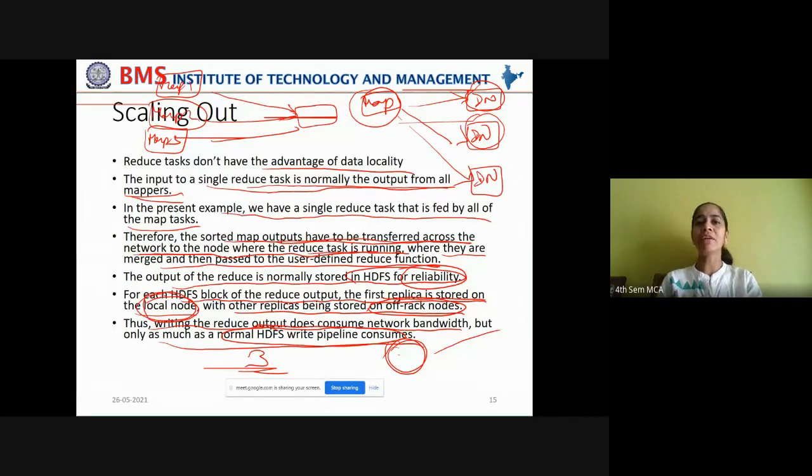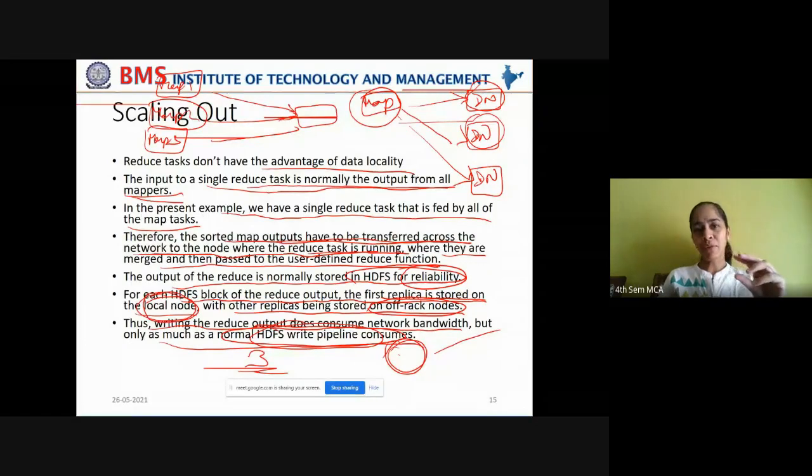You know how to write data to a file on the HDFS cluster. We have seen this in the 4th chapter. Do you remember? How to write data to a file on the file system in the HDFS cluster. Now, how much bandwidth is utilized for that? The same bandwidth is utilized to maintain this replication factor for the reduce phase's output.